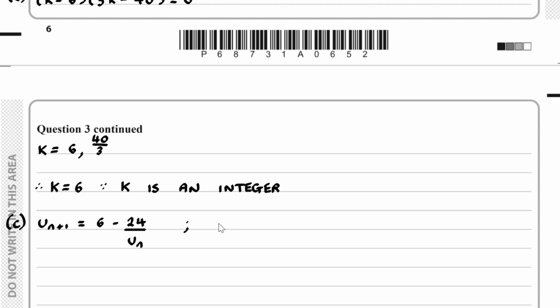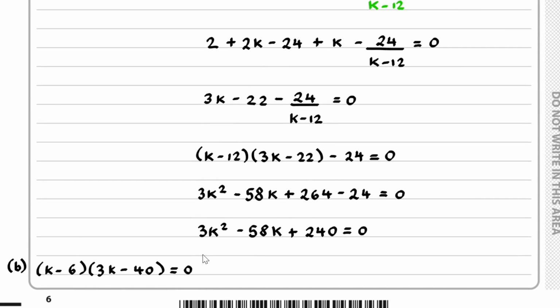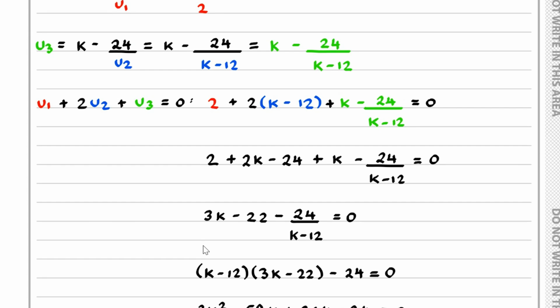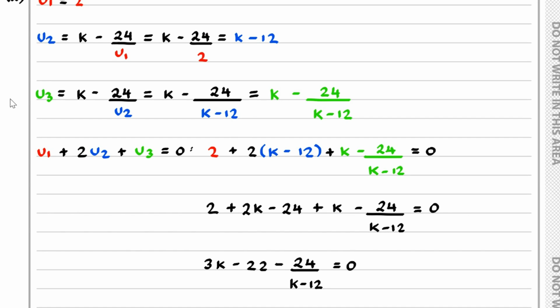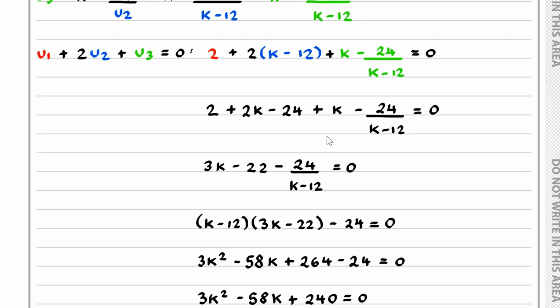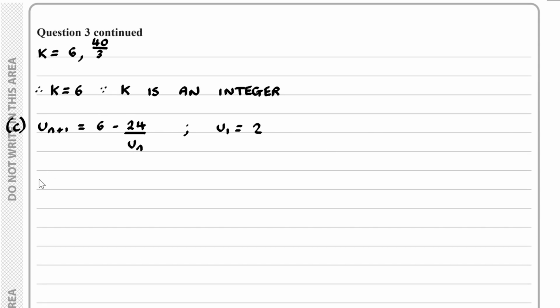And we also know u1 is equal to 2. Now, we found before that u3 is equal to k minus 24 over k minus 12. And with k equaling 6, you can see u3 is equal to